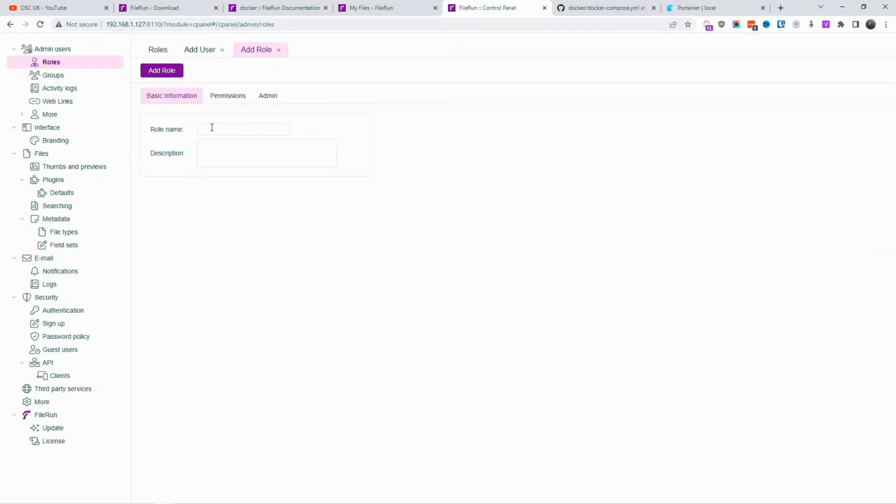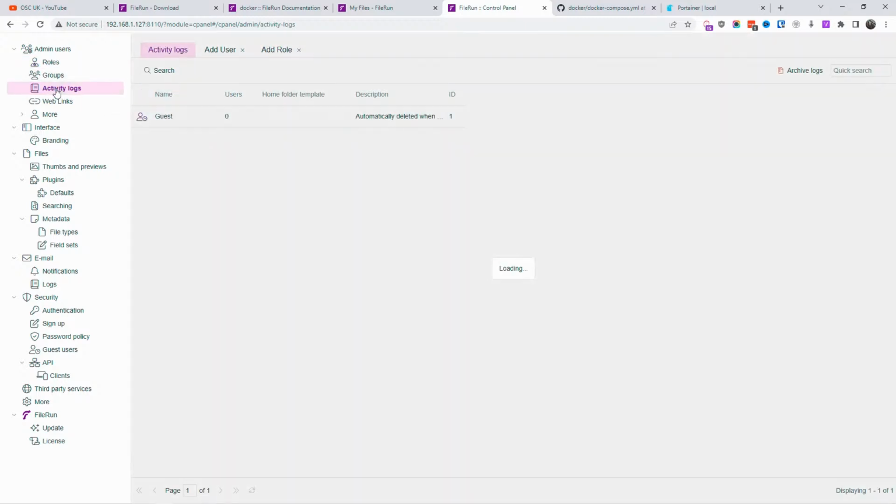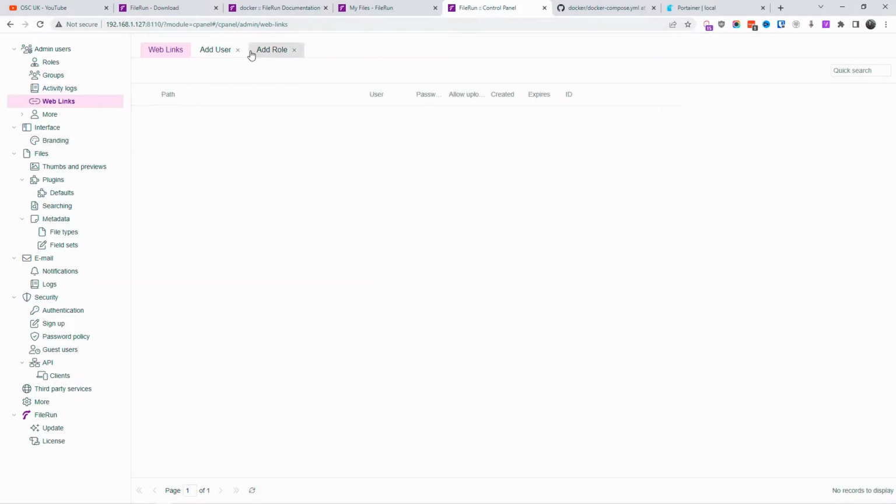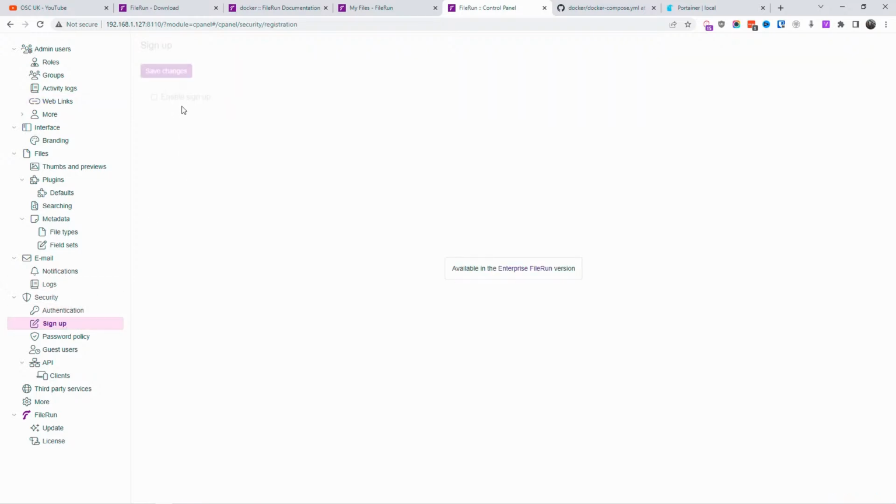Again, you can add new users. You can add a new role. Again, you're limited in the amount as well. But again, for something small, for someone private, for example, if you're a freelancer, you want to start to upload and download files with your clients, this will serve. As you can see, you need the Enterprise FileRun version to get access to the sign up, the password policy, and so many other things as well, as you can see here. But apart from that, everything else works good,